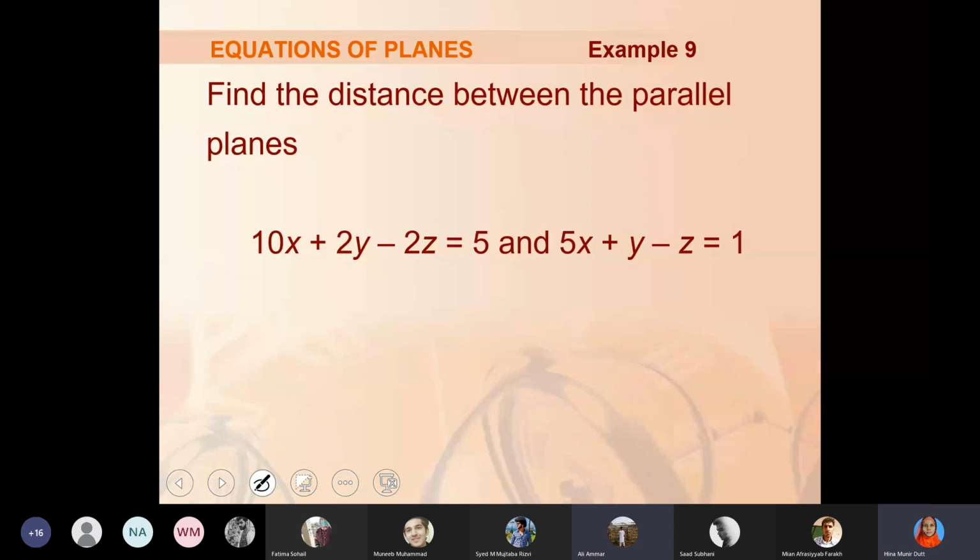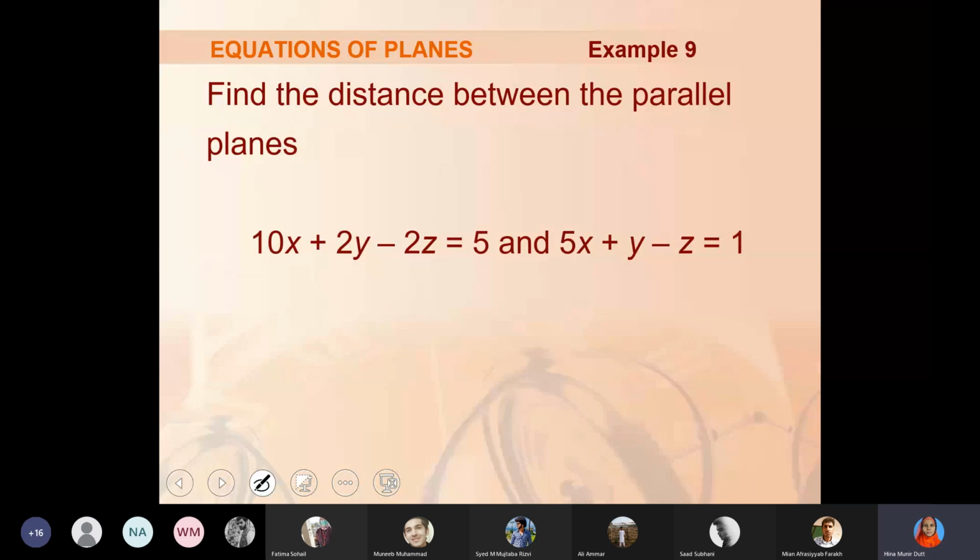Planes का नॉर्मल वेक्टर का ही तो लेंगे ना, क्रॉस प्रोडक्ट उसी से निकालेंगे। डिस्टेंस निकालना है हमें, हमें डिस्टेंस फाइंड करना है। We have to find the distance between two parallel planes. If the planes are not parallel, it means they are intersecting and the distance is 0. But since the planes are parallel, अभी हमने फार्मूला किया है, फार्मूला हमने क्या किया है, the distance between